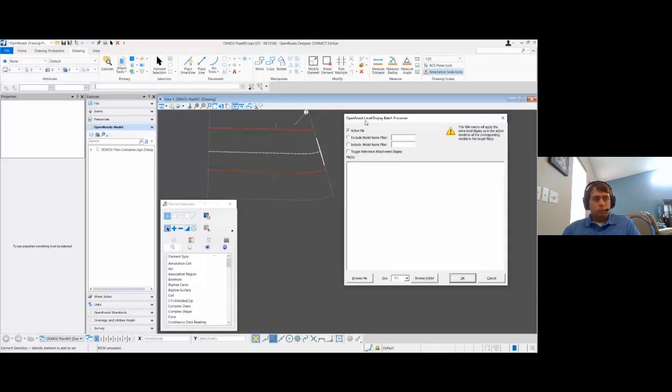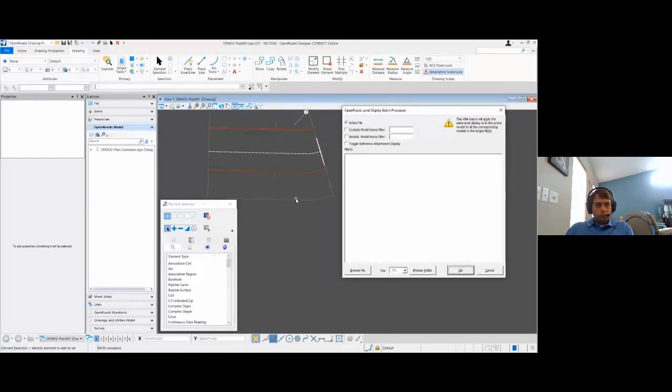And then you can tell it to process, and it'll go through the rest of the like models. So if you edit a drawing model, it's only going to go through the other drawing models. It won't affect the sheet model. And same vice versa. If you're in the sheet model, it'll only update other sheet models.